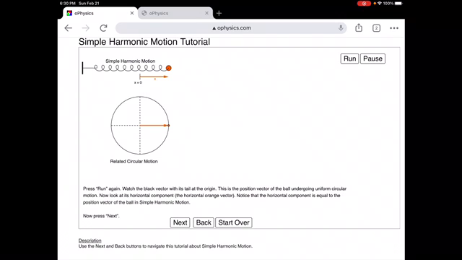Now, simple harmonic motion is also related to circular motion. Let's take a look at this. The horizontal component is the same as what we see as the horizontal component of a